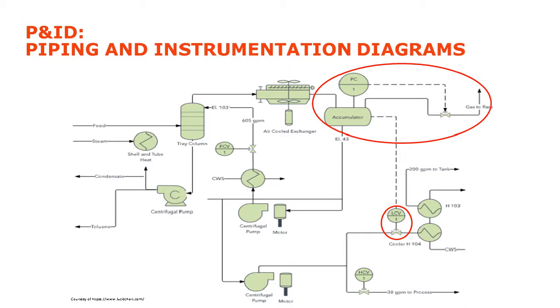If you look below as well, we see an LCV. I've highlighted that in red, and that could be a level control valve. So that valve would open or close or have some prearranged setting based on the level of liquid in that vessel. But all of us on this call should be familiar with that. This is something that we'd be seeing day in and day out on jobs in the process industry.